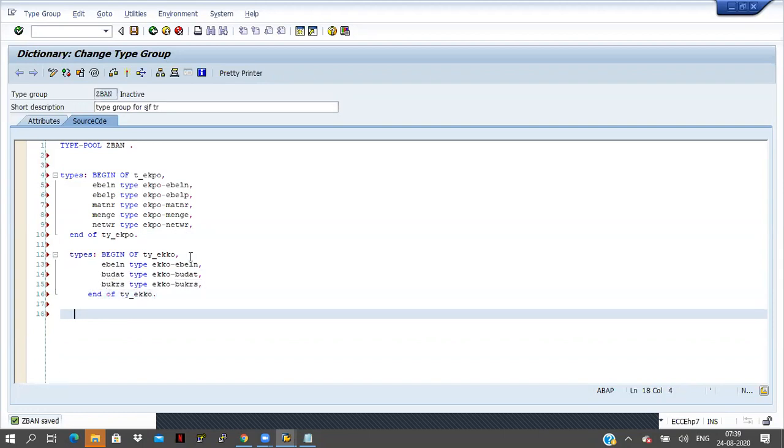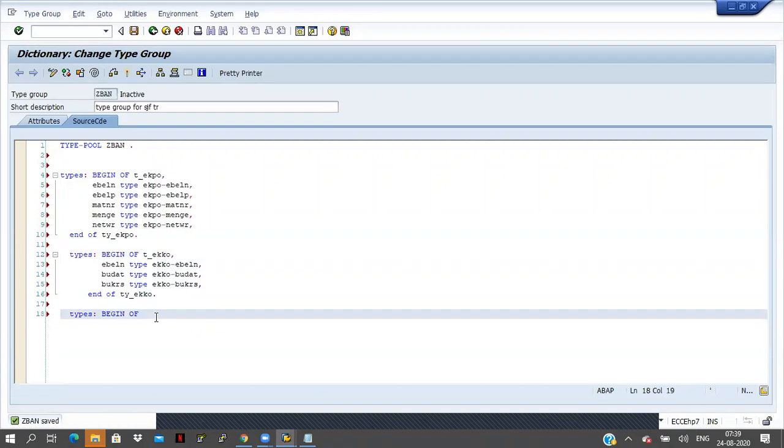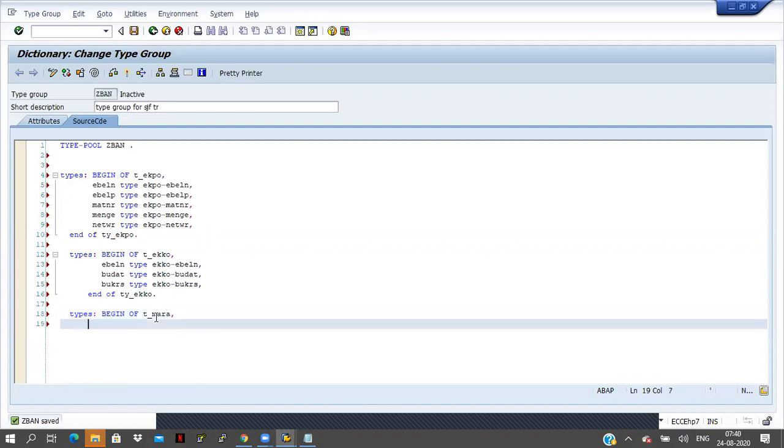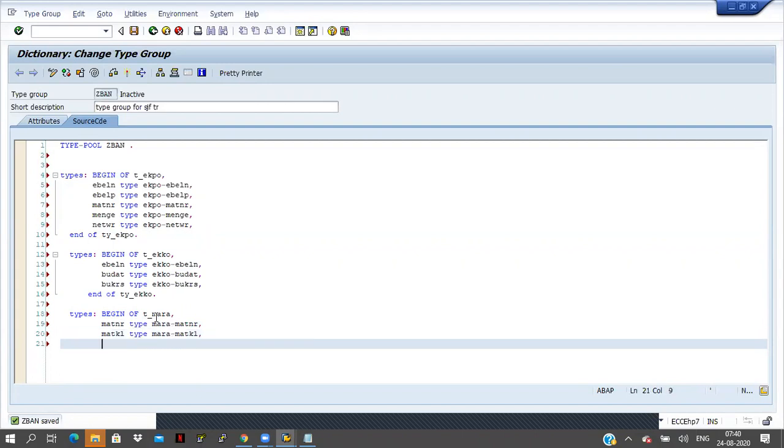Okay, so in the same way I want to declare some more types here. Types begin of ty underscore mat main, matnr type mara hyphen matnr, matkl type mara hyphen matkl, and.